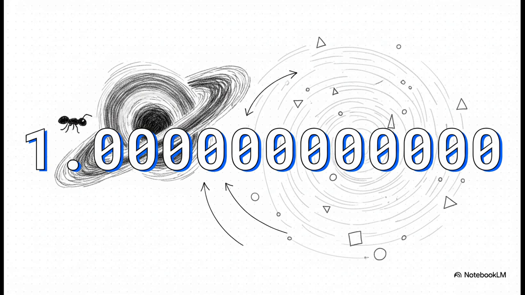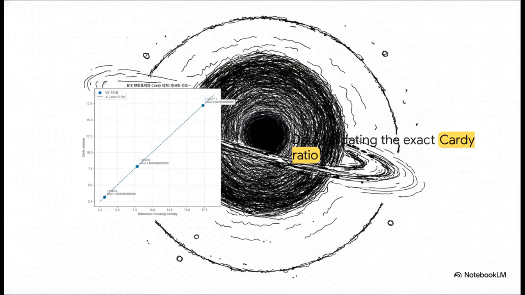Then they calculated it again using the Cardy formula, which is derived from conformal field theory, a completely different framework based purely on quantum mechanics. And when they compared the two results, the ratio was exactly 1 to 1. 1.00000000000. It is an absolute monumental triumph in physics when gravity and quantum mechanics agree with this level of staggering precision. Plotting the Bekenstein-Hawking entropy against the Cardy entropy reveals a perfect diagonal line, with every single data point perfectly